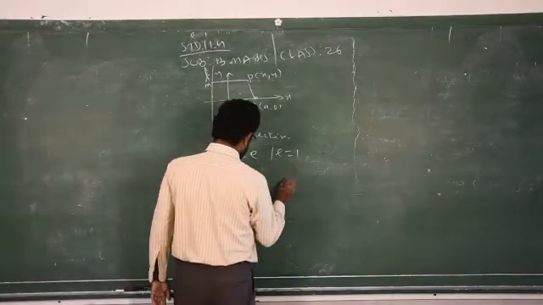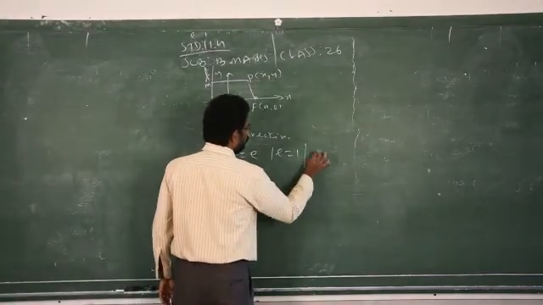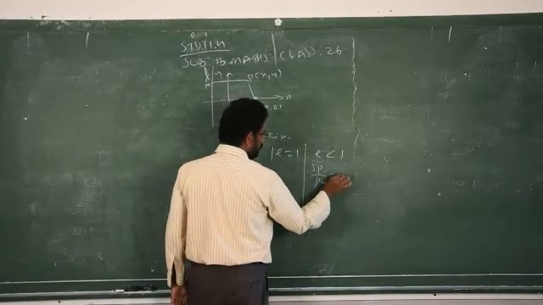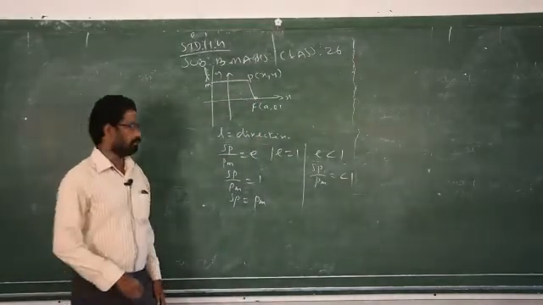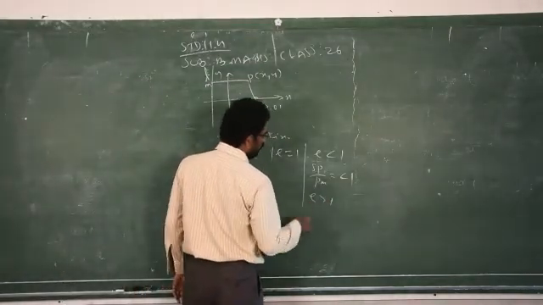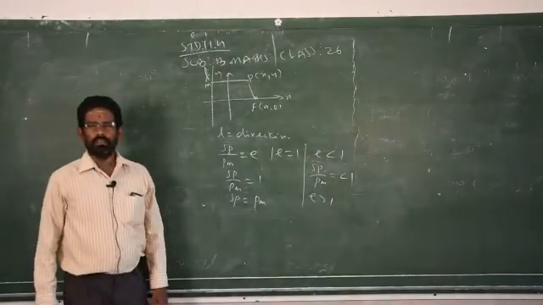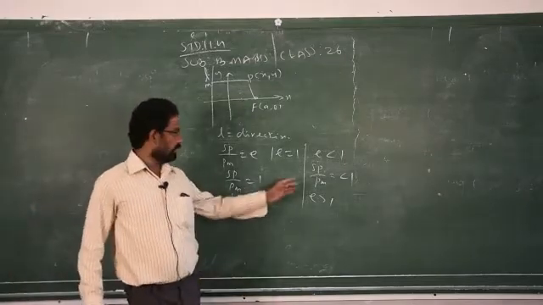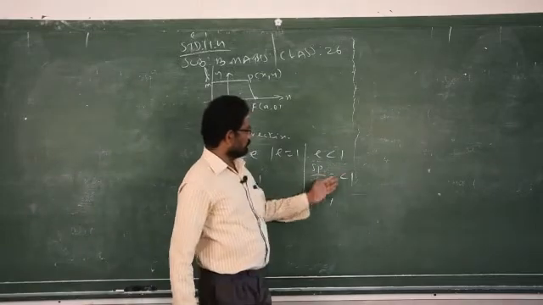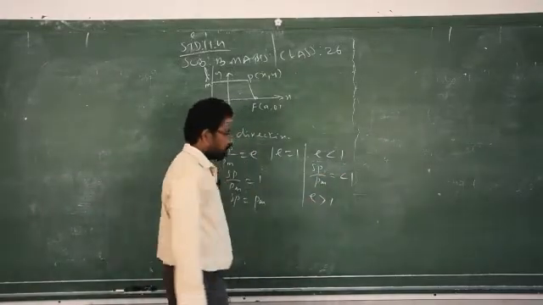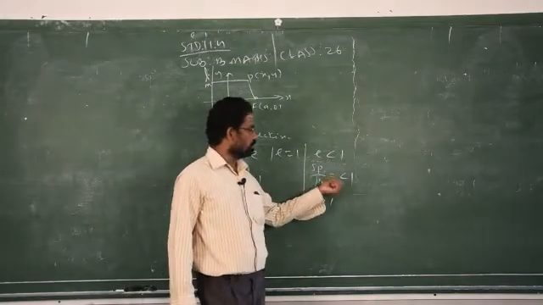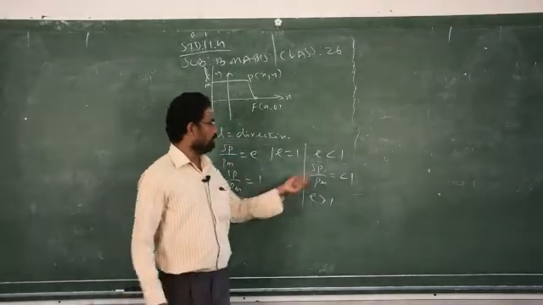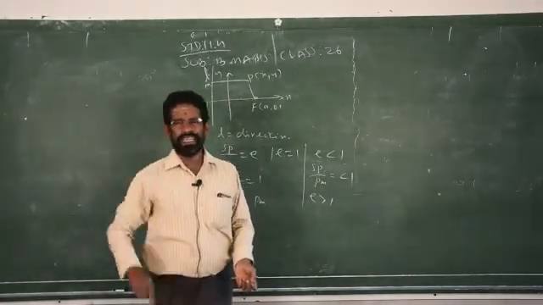So when E is less than 1, it represents ellipse. If E is greater than 1, then this represents hyperbola. So ellipse and hyperbola are not for you. Clear? So no need to bother about E less than 1, greater than 1, but you should understand that sometimes they may ask in 1 mark questions, when the eccentricity value is less than 1, what is that? There will be options like ellipse, hyperbola, parabola and asymptotes. And you have to write, when E is less than 1, you have to give ellipse.